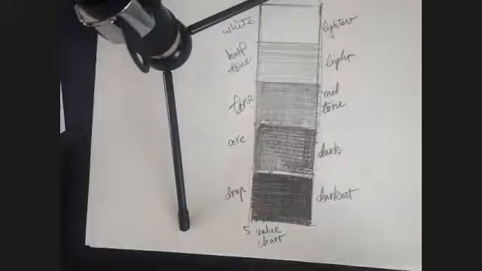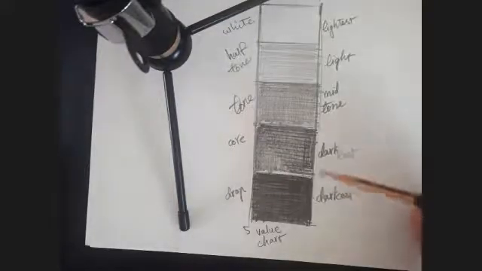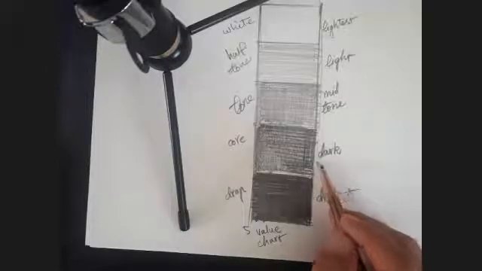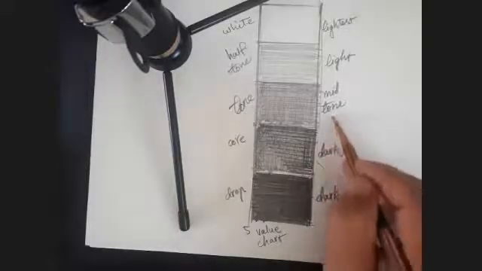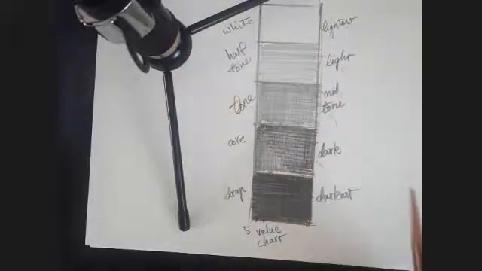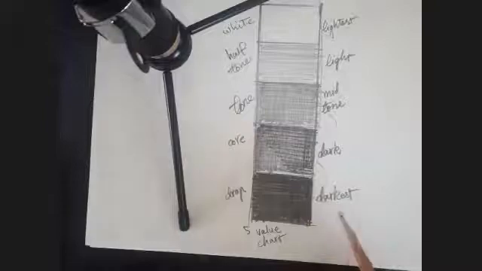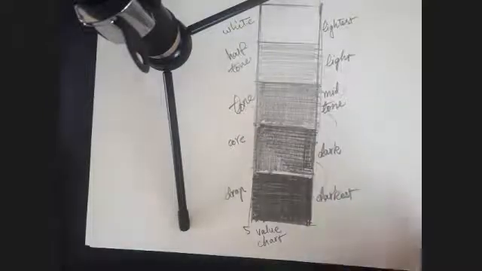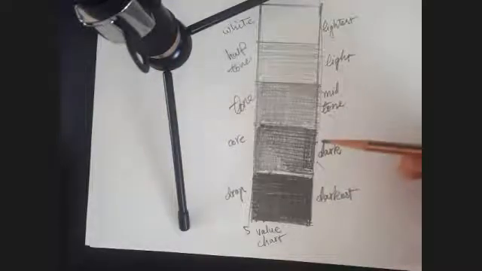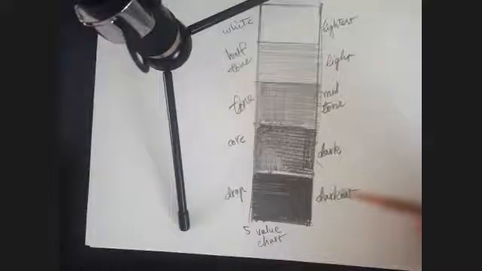Remember, the gap of 2 neighboring values should be even, which means, for instance, the gap between those two, the gap between those two, the gap between those two and those two. You see, the gap between 2 neighboring values should be even. This means the degree of decreasing or increasing value must be equal. For instance,